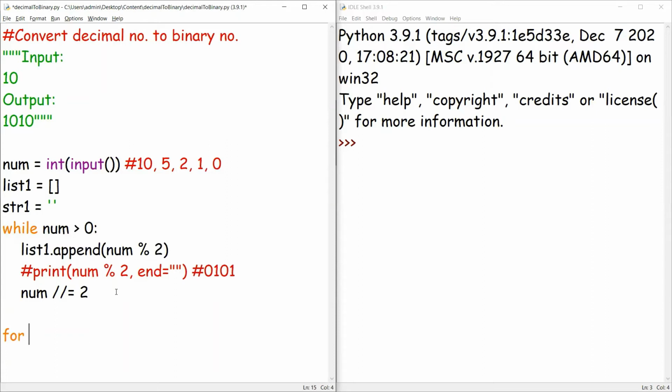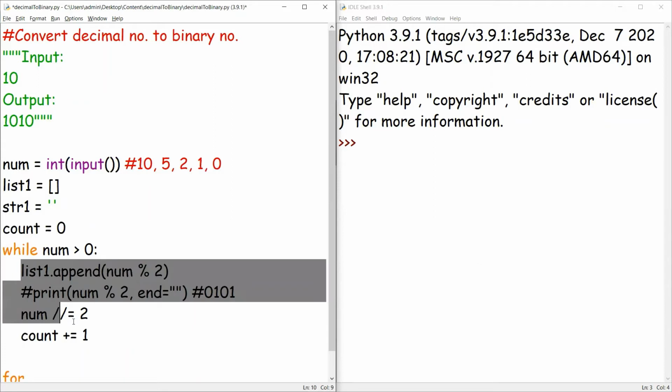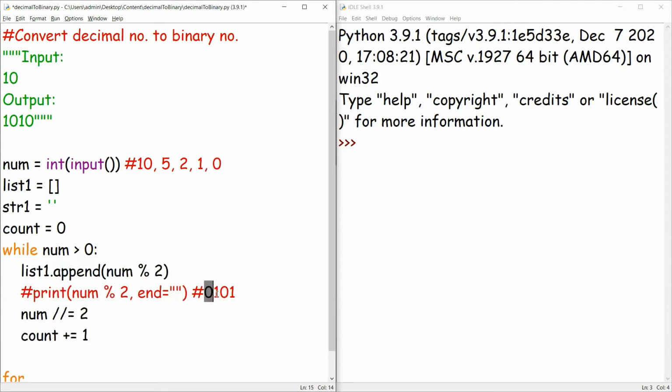We are not sure how many times we need to iterate. So each and every time we would also simply increment the count value by 1. Before that, let me initialize a variable called count to 0. For example, if we are iterating this 4 times, my count value would be 4.